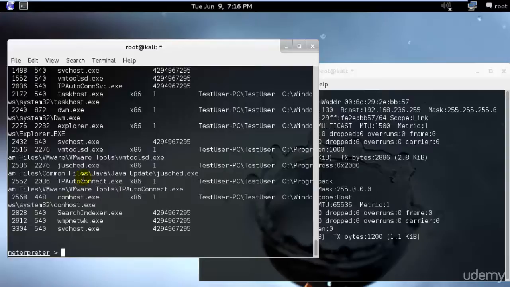So similarly, I can also supply the -H argument for creating hidden processes, -A would be the arguments to pass to the executable using the execute command, and -C to channelize the input and output. And I can kill multiple things at one point of time, such as, for example, if I wanted to kill